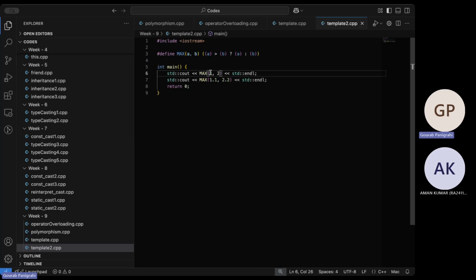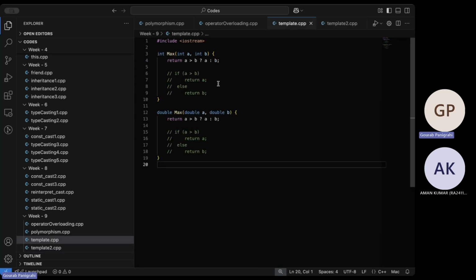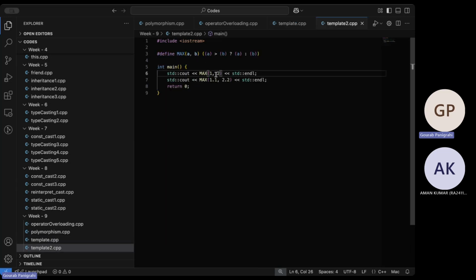I can pass one and two, which are integers. If we see the previous example where we had max for two integers and two doubles, so let's say I have two integers, I'll take max of it, and accordingly it will return the same. Anyway, it will just copy paste the code, compare it, and then put it here. I actually don't need to write two separate functions because the macro will automatically take care of inputting the whole line or the body of it into this text. And similarly for the double also.